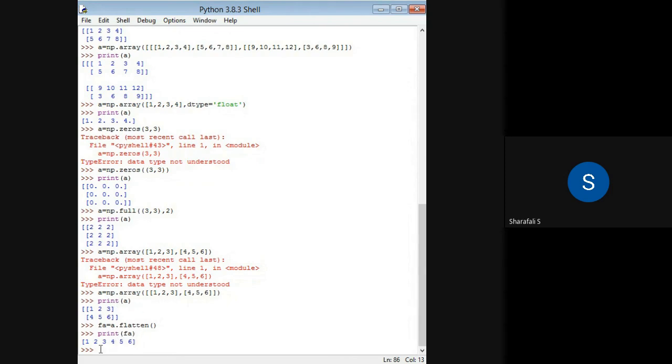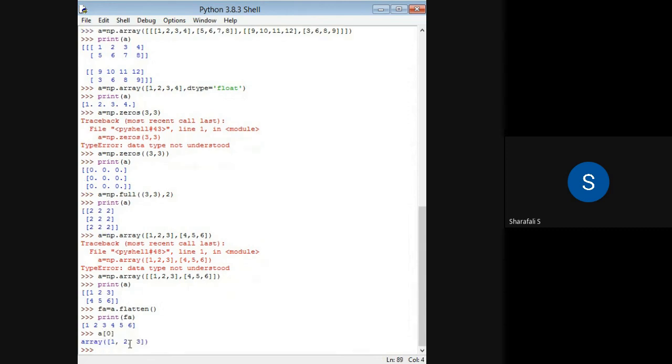Okay, so if you want to get the value at the first position, or at the first index, then we can write a of 0. That is, 0 is my first index value.